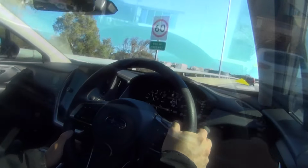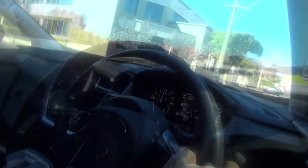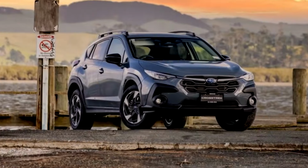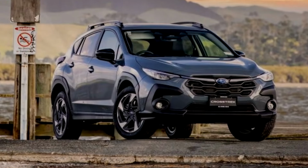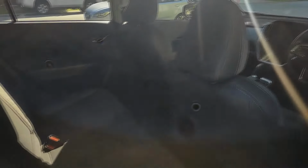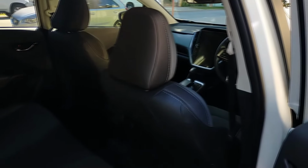So what's my take on the 2023-2024 Subaru Crosstrek e-Boxer? Well, as someone who isn't a fan of SUVs, I have to say it's a decent option. It's practical and offers good performance for its class. And while it doesn't have the charm of an old Forester or the raised up